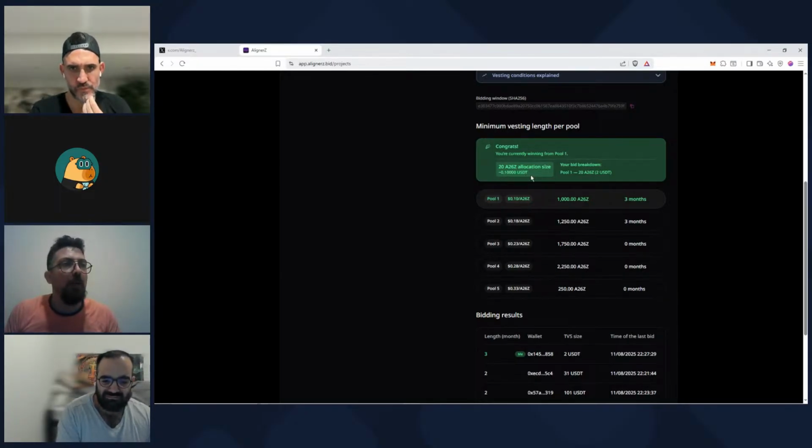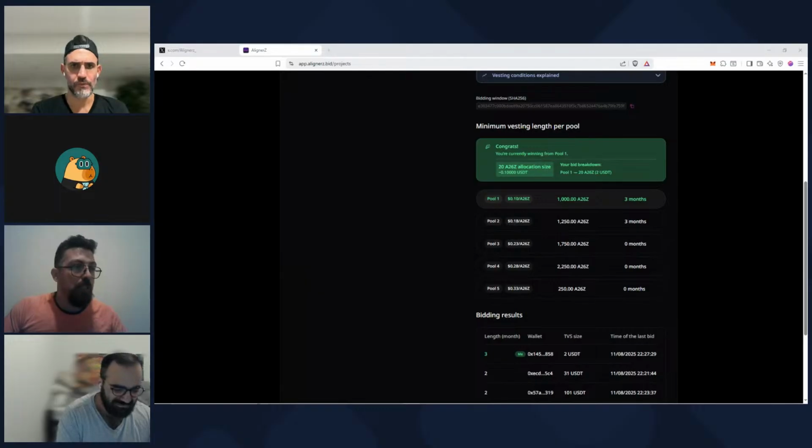This average price is shown because someone might be winning from 2 pools, or even 3, 4, or 5 pools. So you get a breakdown of the average current cost of your token if the bidding ends right now. Things will keep changing.